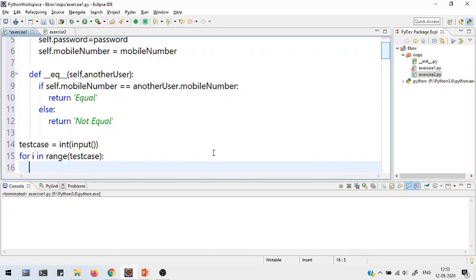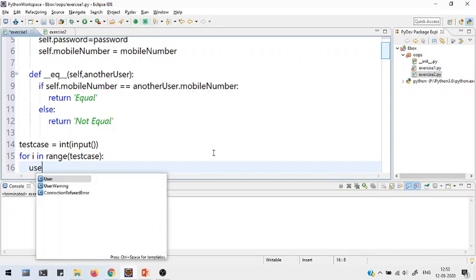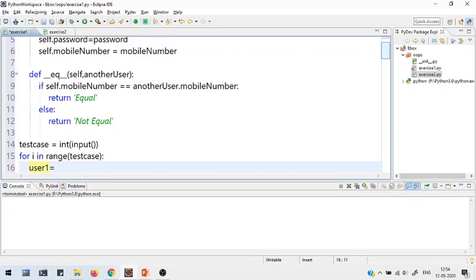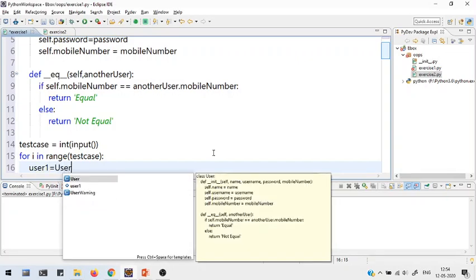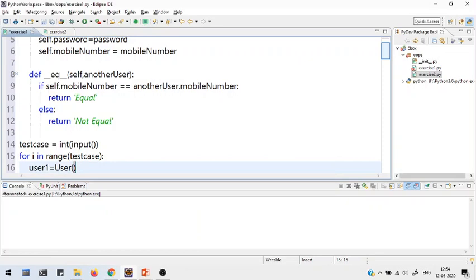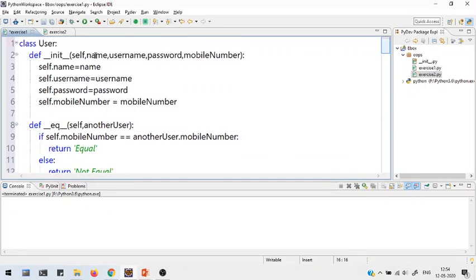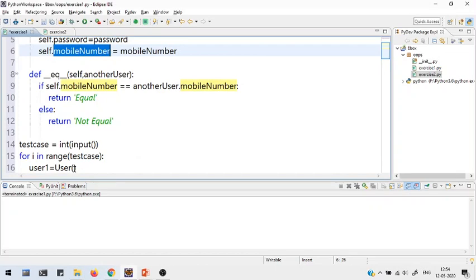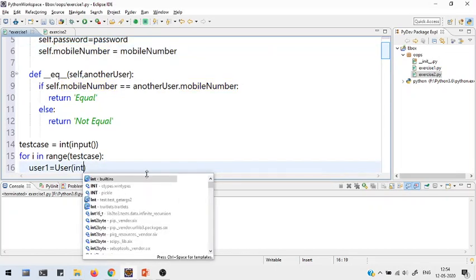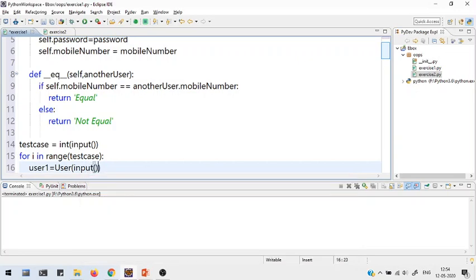So for each test case we have 8 lines, and the first 4 lines are for user 1. So let me create user 1, and that will be an object of the user class. To create an object of the user class, you need 4 attributes, right? We have name, username, password, and mobile number. So here we have to read them. So input, this will read the name.